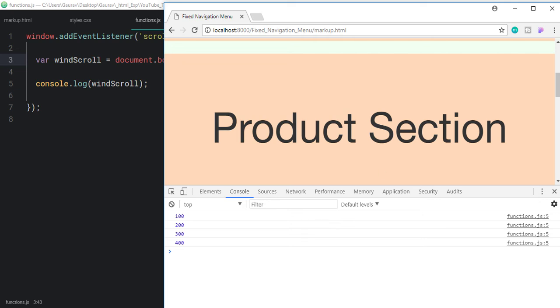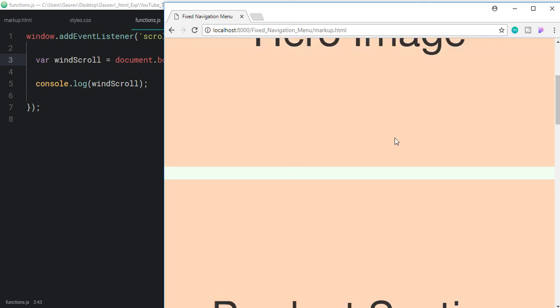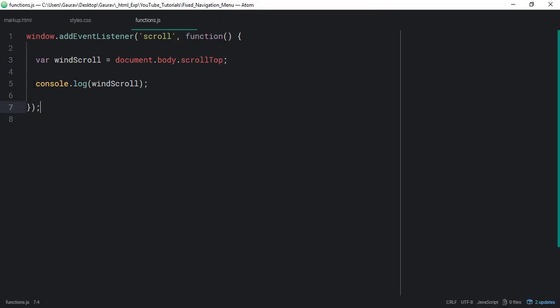Okay, so let's close it and let's remove that console log and let's add an if condition. So if wind scroll is greater than 400, then we are going to say